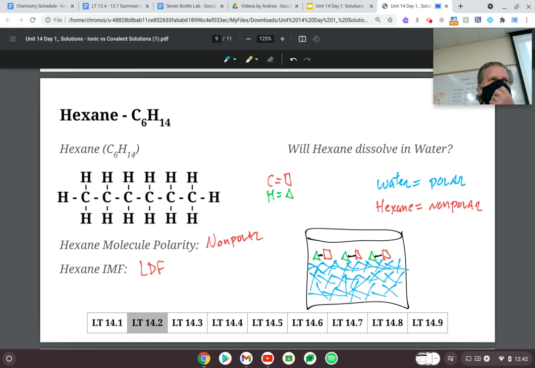But the water is not going to dissolve the hexane because the forces of attraction with hexane are so slight that water won't do much to it. But does that mean that hexane can't dissolve or get dissolved in something? No, it just means that hexane has to be dissolved in something that's nonpolar as well. So thinking about it like that,